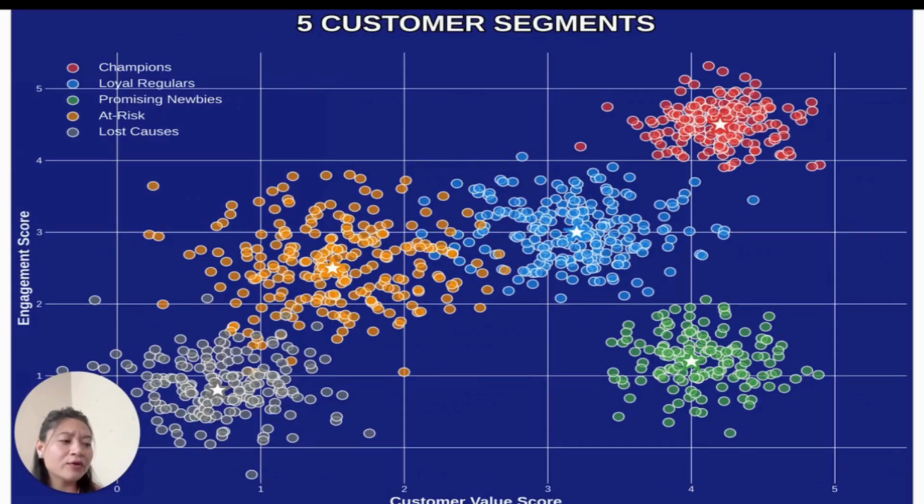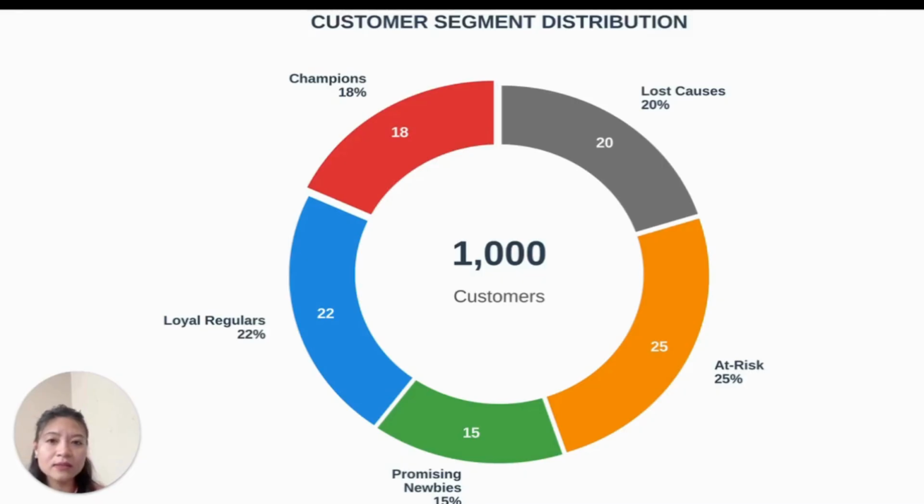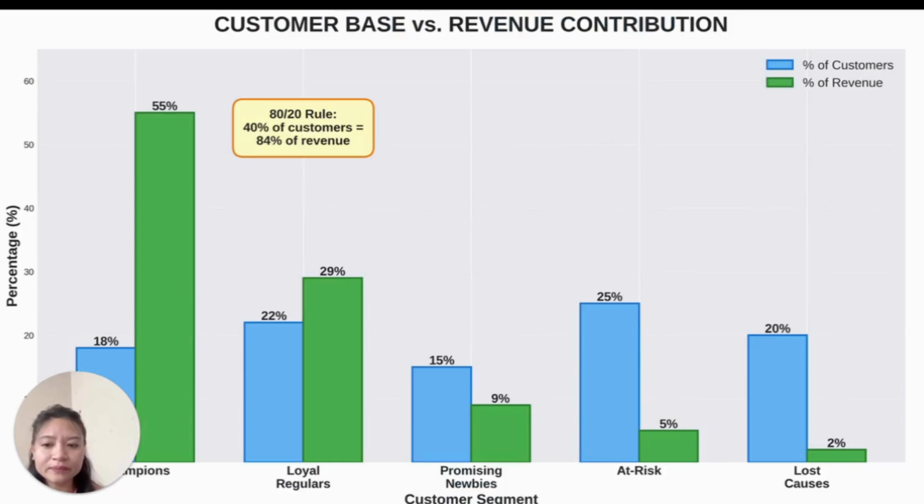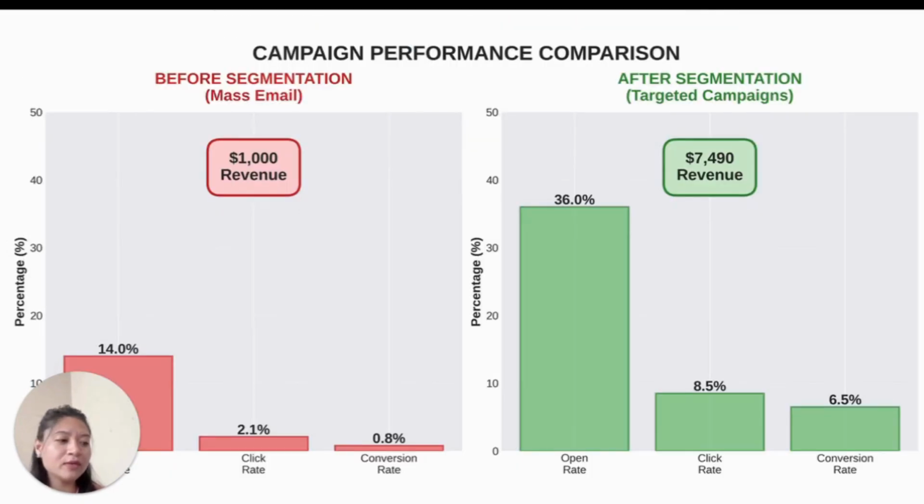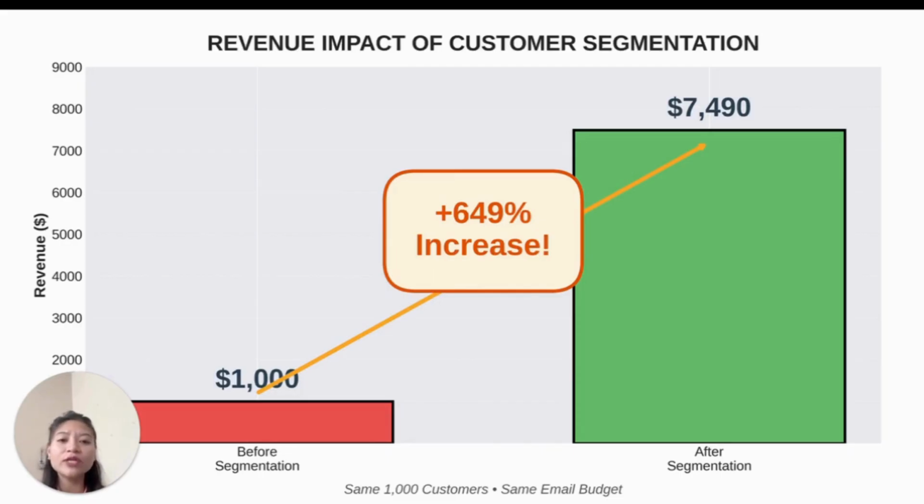Here's the impact this had on our e-commerce client. Before segmentation, with one size fits all email campaigns, 14% was the open rate, 2.1% was the click rate, and 0.8% was the conversion rate, with $1,000 of revenue. After segmentation, with targeted campaigns for each segment, the open rate increased to 36%, click rate 8.5%, and conversion rate 6.5%, with revenue of $7,490. That's a 649% increase in revenue from the exact same customer base just by sending the right message